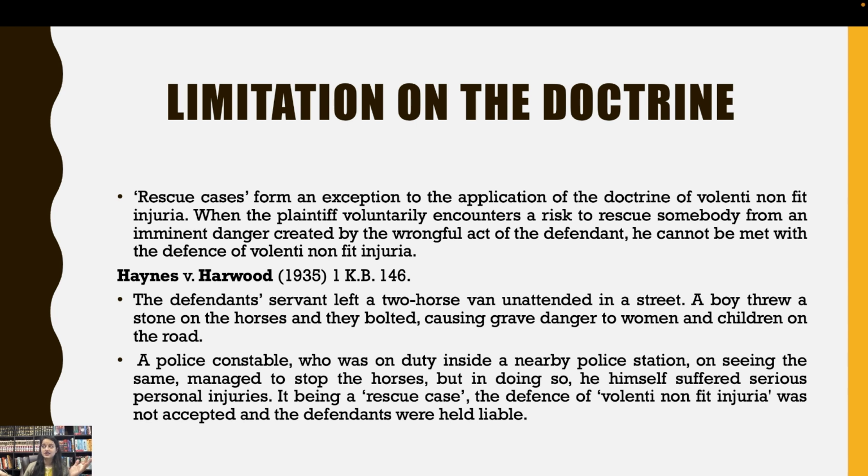Now, there were women and children standing on the road, and when the boy threw stones at the horse, they obviously got agitated and they started running here and there. And as a result, it might have caused injury to the women and children. Now, what happened? A police constable who was on duty inside a nearby police station, on seeing the same, managed to stop the horse, but in doing so, he himself suffered serious injury. Now, he tried to stop the horse, that is, he tried to rescue the women and children. It being a rescue case, the defense of voluntary non-fit injuria was not acceptable, and the defendants were held liable